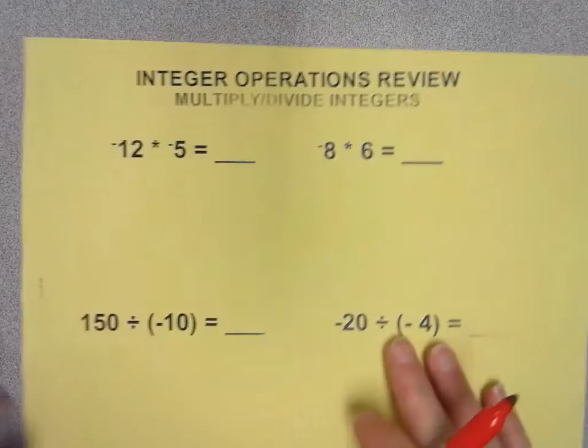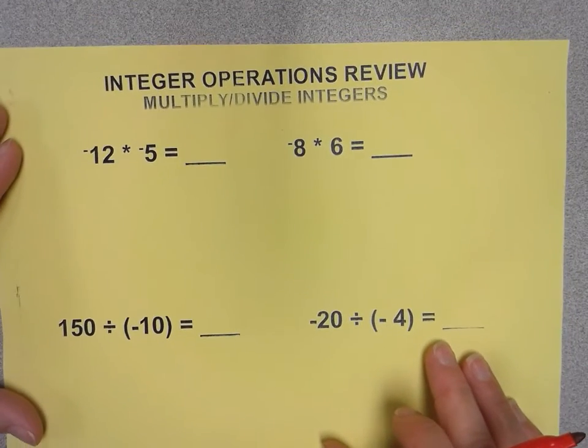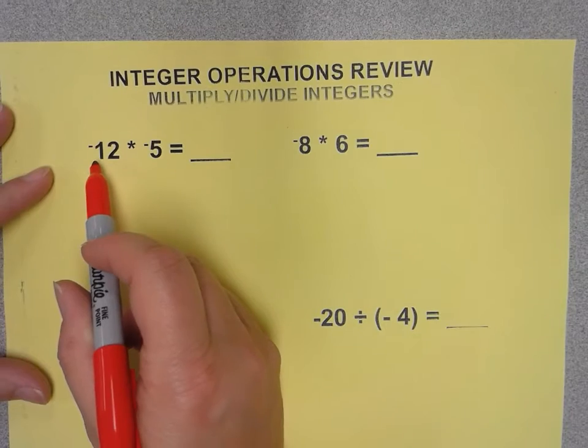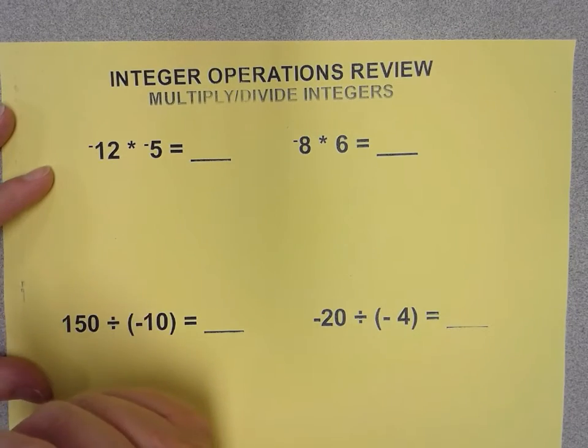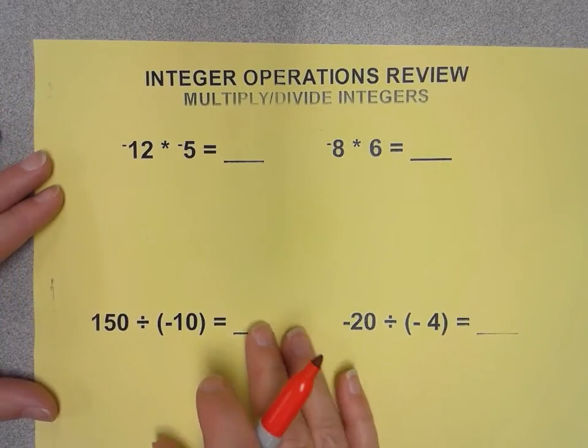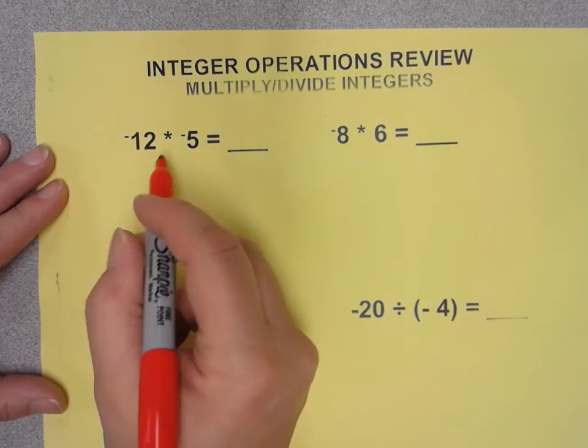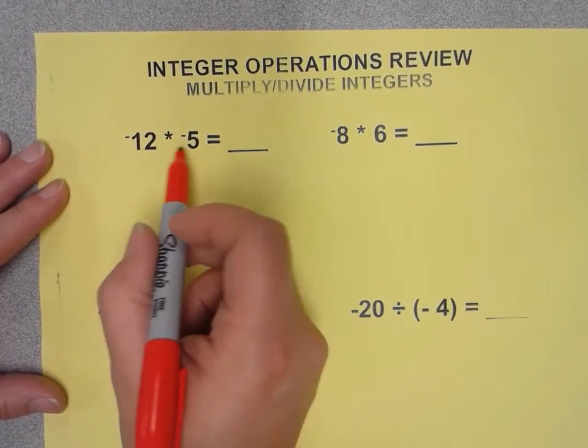So how does that work when we talk about integer multiplication and integer division? Well, this is a different matter. This really says I want the opposite of 12 groups of negative 5. This would be an awful lot of drawing. I did make students do it the other day, and I also made them work on a number line. Let's see. If I had 12 groups of negative 5,